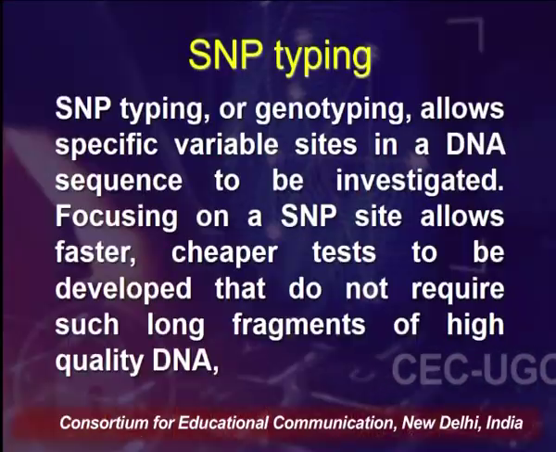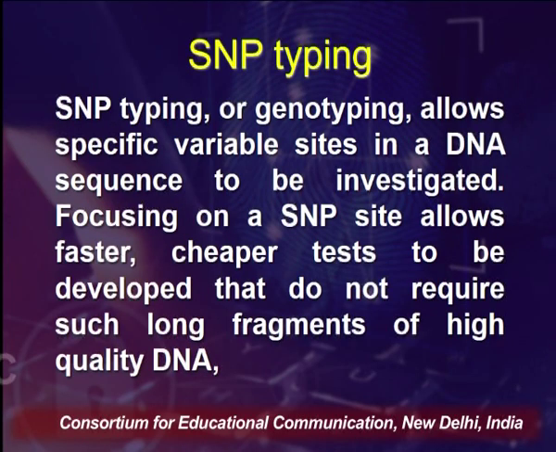This sequencing provides data for developing genetic markers such as single nucleotide polymorphisms, which are known as SNPs, and microsatellites, which describe specific areas of sequence variation. So, SNP typing is another way we can sequence our DNA. SNP typing is single nucleotide polymorphism typing or genotyping, which allows specific variable sites in a DNA sequence to be investigated. Focusing on a SNP site allows faster, cheaper tests to be developed that do not require such long fragments